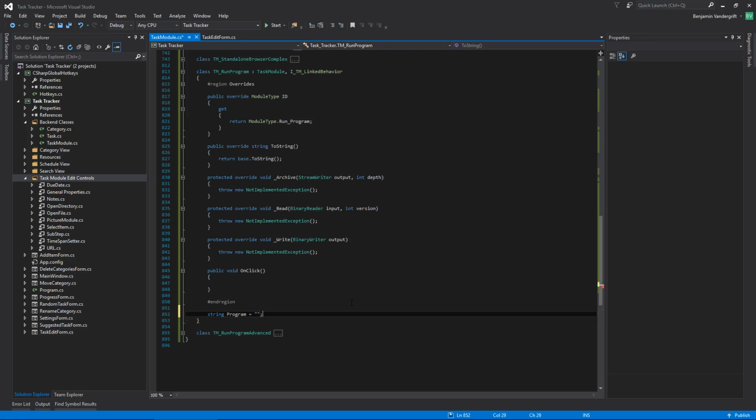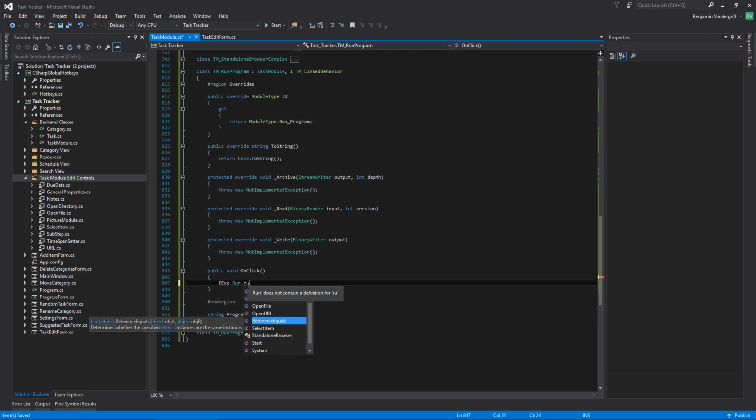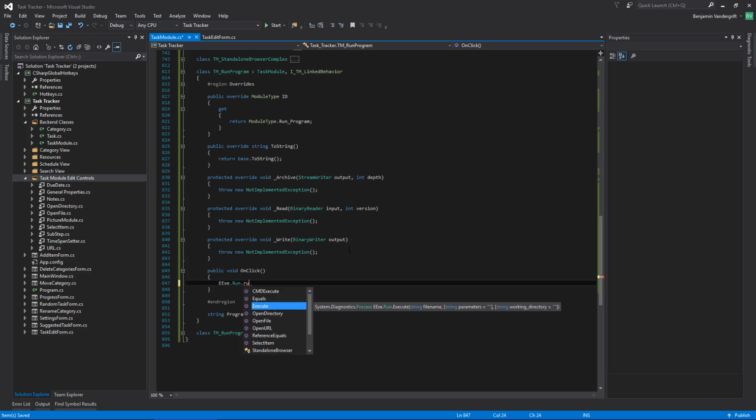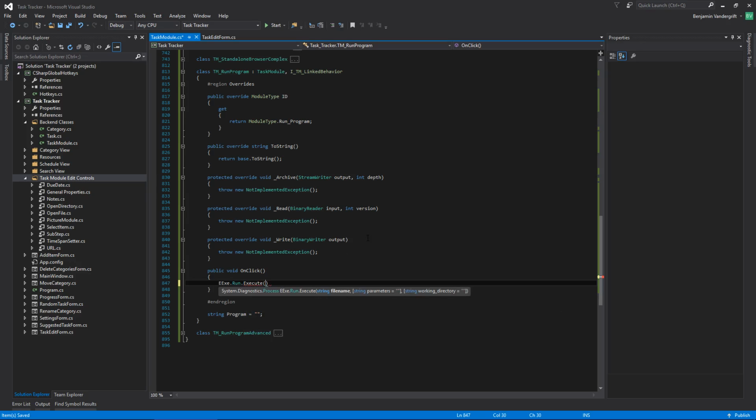Program run. Does it just start? What do I want to do? Probably just start. No, execute sounds really good. Execute is probably just an alias for start, but you know. Program, like so. So return run